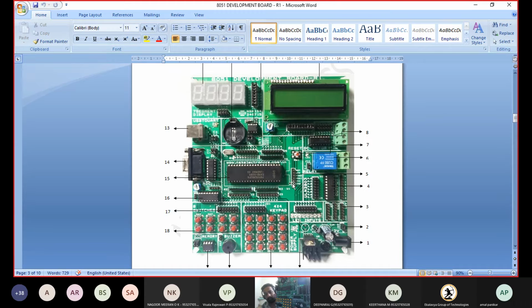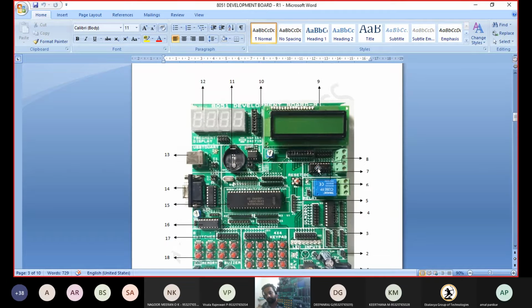But we are not using this ISP programming. Instead, we are using the USB. From USB, we can directly download the code into the 8051 microcontroller.